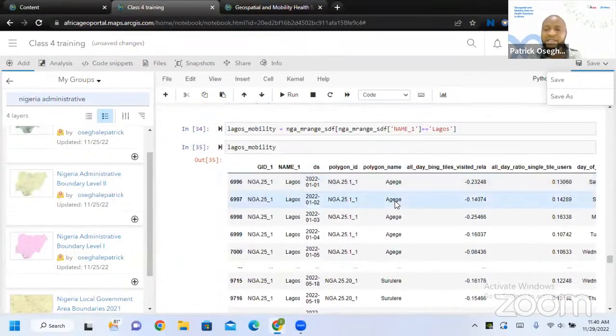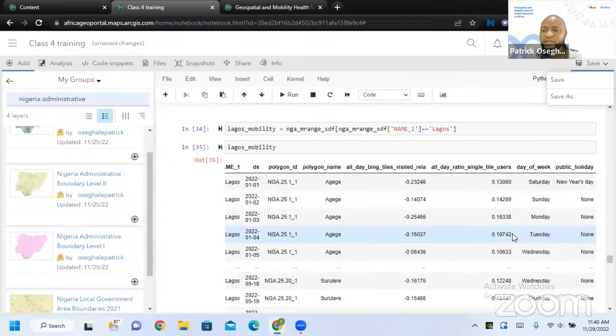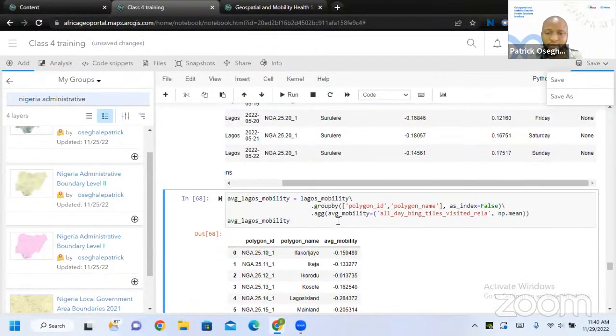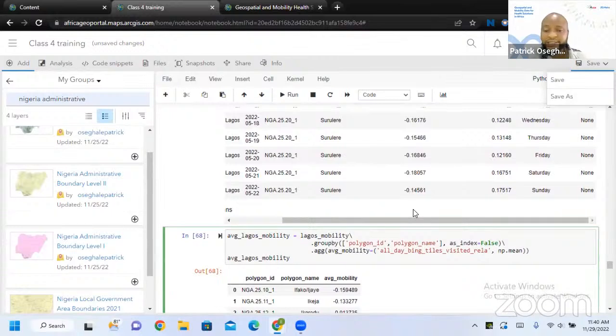Now you find out that this is aggregating, and we still have the holiday here. All those information are there. But for time's sake, I'll do a group by, though the data is already in the right state, but I just want to prevent any issue that will come up.